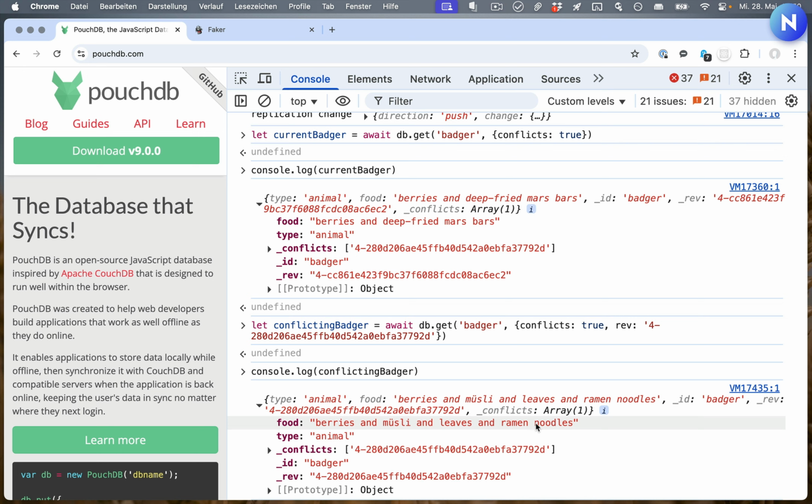This is the ramen noodle badger. Now this is really powerful. With many other local first solutions, quite a lot of your work will involve just getting to this point. And then you're often forced to add a bunch of abstractions in between your sync layer and your actual data, because a lot of other systems can't handle arbitrary data structures natively. With CouchDB and PouchDB, the conflict handling doesn't care about what your documents look like or what data types they contain. There are also no differences between what the data looks like at rest or in flight. It's always the same JSON.